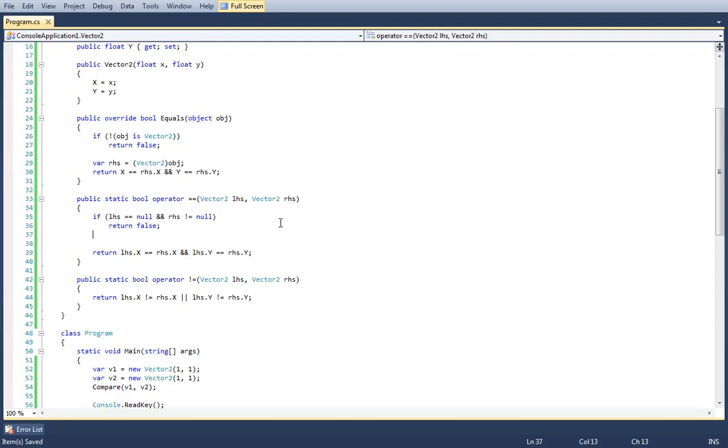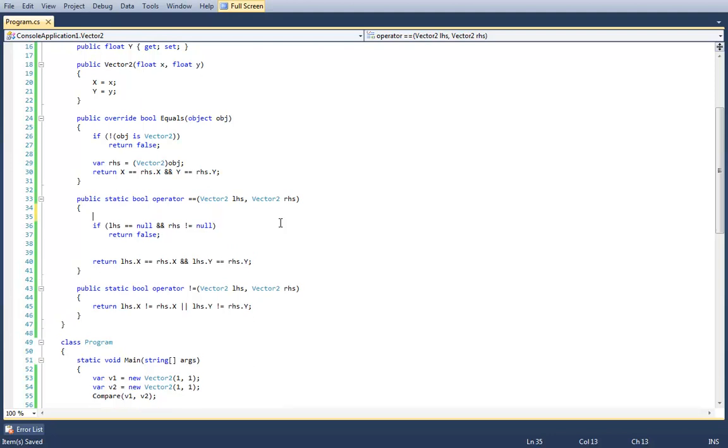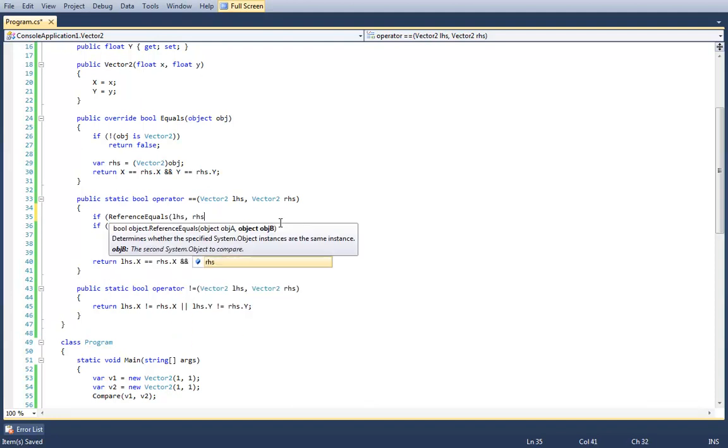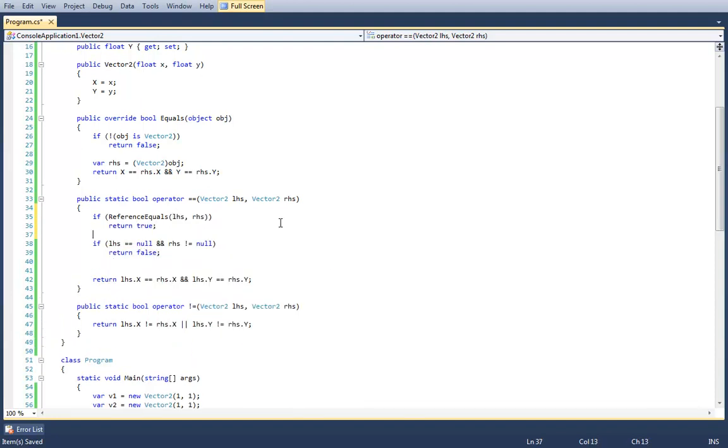Well, if LHS is null or RHS is null. Well, unless they're both null, because if reference equals LHS, RHS. Oh, yeah, of course, if they're both null, then you want them to return true.